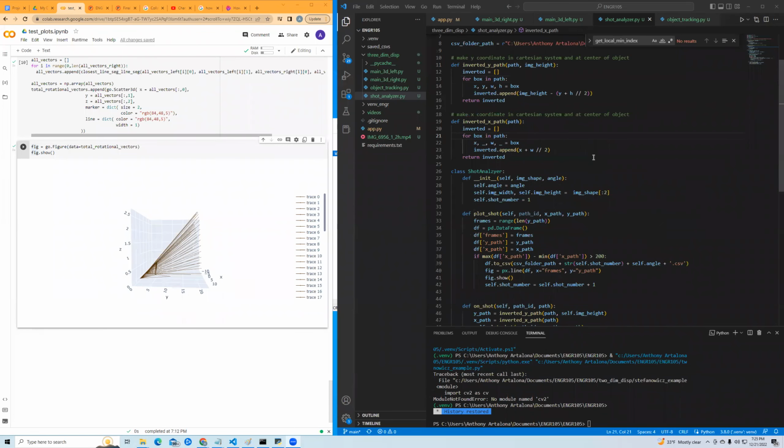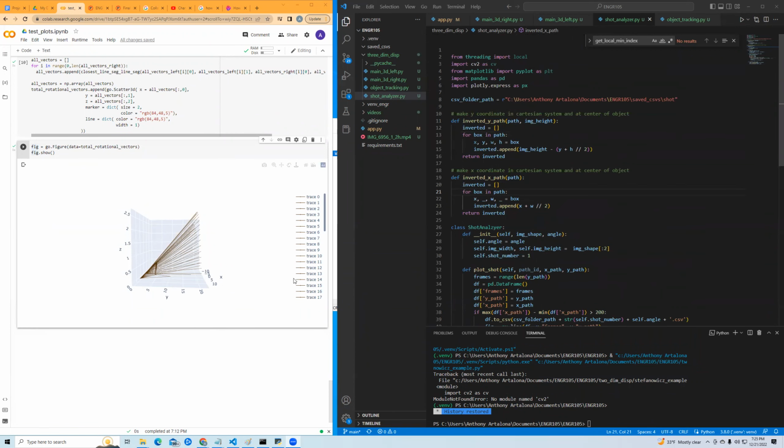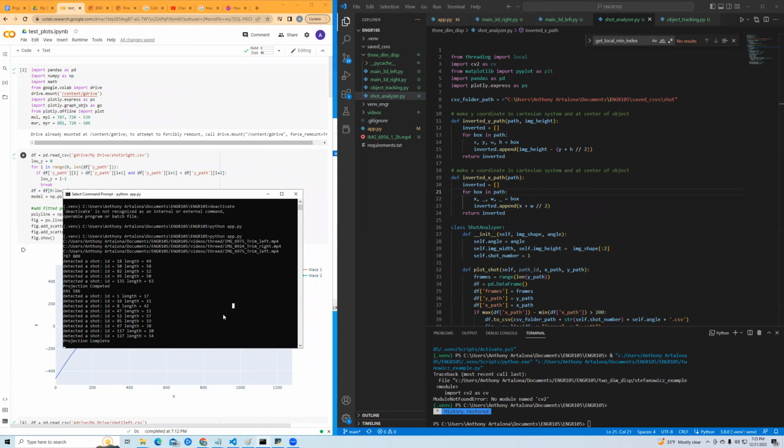Hello, this is my project. Basically, it takes two camera angles from a ball flying in the air, and it projects the points on the image, and then it takes those points and attempts to project them in a 3D space like this. So, starting out to run this project, we do a simple